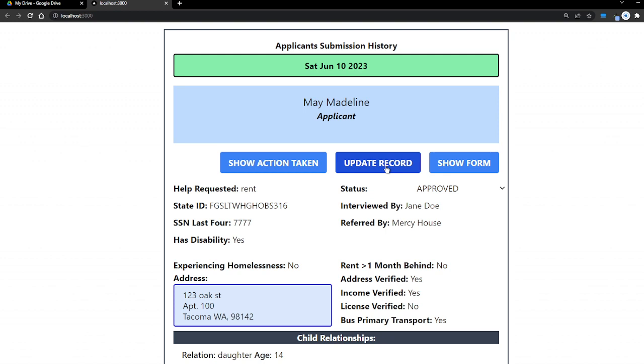That will update it in the database, so you can close this down and come back and this will be saved. If you do not do that, if you leave this window and come back, it'll be like it was before you ever looked at it. But now let's say we marked them as approved, this goes to the next step in the workflow, which is the show action taken button right here. If we click this button,